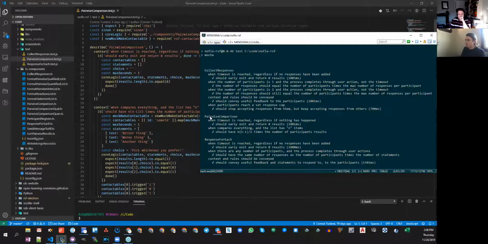Oh, okay. See the indentations? So describe is the first main thing, then context, and then it. And it's within it that we actually call certain functions.